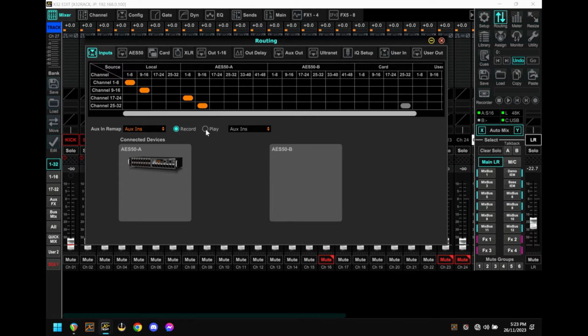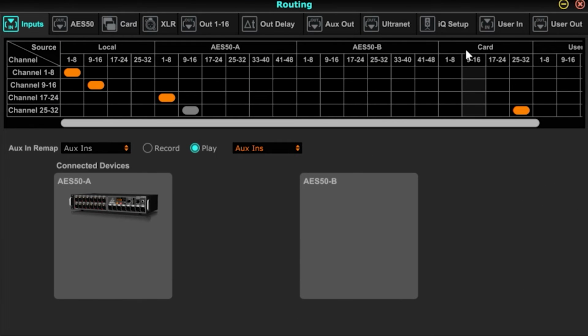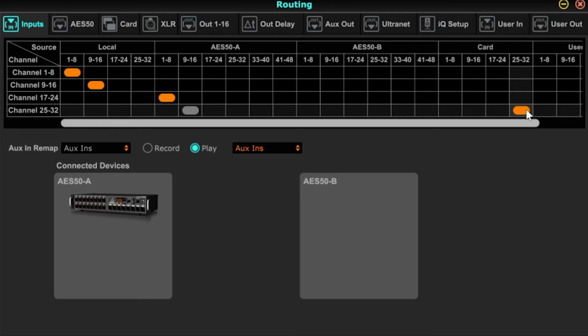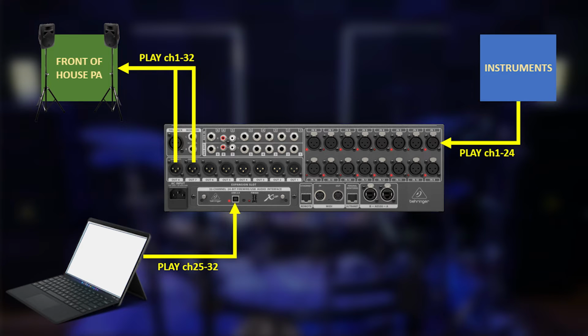When I set the X32 over to play mode, it's mostly the same, except I've told the unit that when you play back from that card, when you're on play mode and you're playing my recorded performance back through the card, I only want you to play channels 25 through 32 from the card. So the first 24 channels are still open for me to pretty much do what I want. And obviously I'm going to have the other instruments, the real instruments, plugged into the X32 for that as well. So when I am playing back through the X32, channels 1 to 8, 9 to 16, 17 to 24 are still my X32 and my S16, but the last 8 channels are going to be playing back from the card or from my computer.